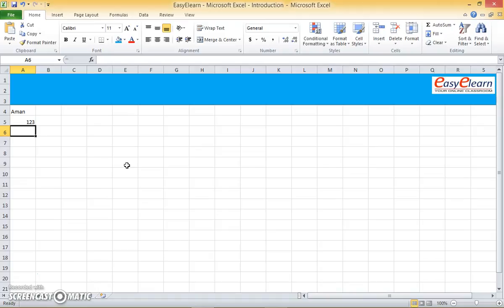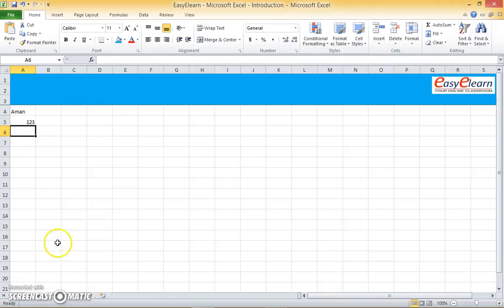Excel aligns numbers, which Excel calls values, to the right side, and alphabets, which Excel calls labels, to the left side. But it is not fixed. It can change any time. For example, if I select these two cells, I would be able to change the alignment to what I want. So you really don't have to worry about it. But by default, alphabets will be left aligned and numbers will be right aligned.